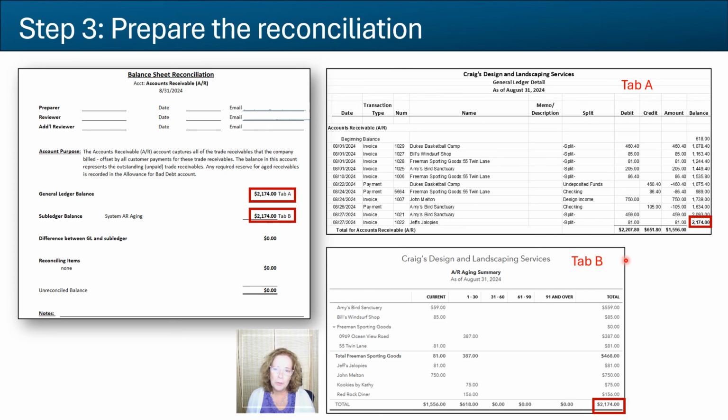Be sure to double check that there is no difference between the GL and the subledger. Enter any notes if applicable. For instance, you could note that the Freeman customer account has been placed on hold and no further orders will be processed until payment is received.